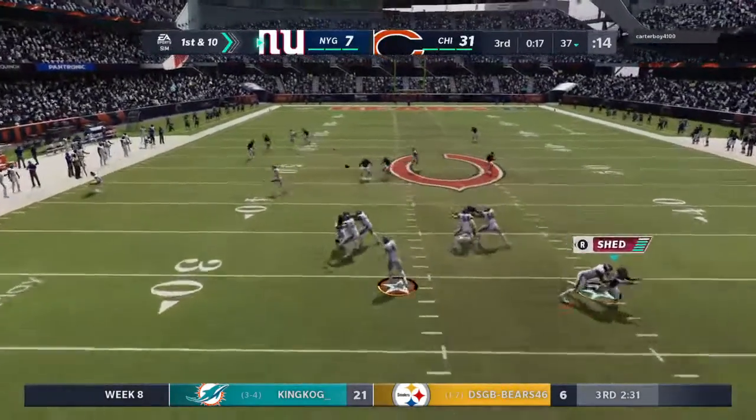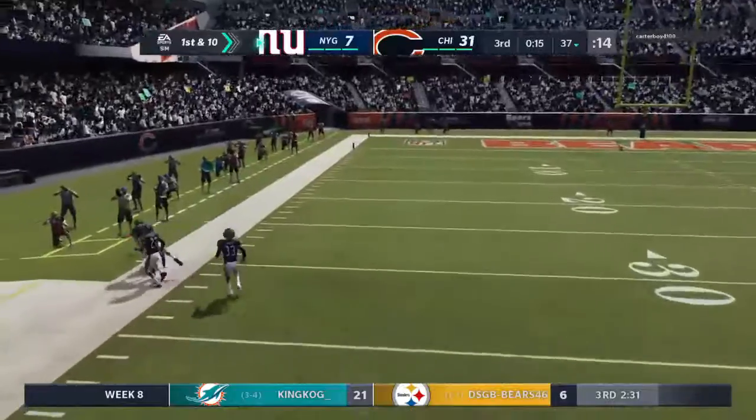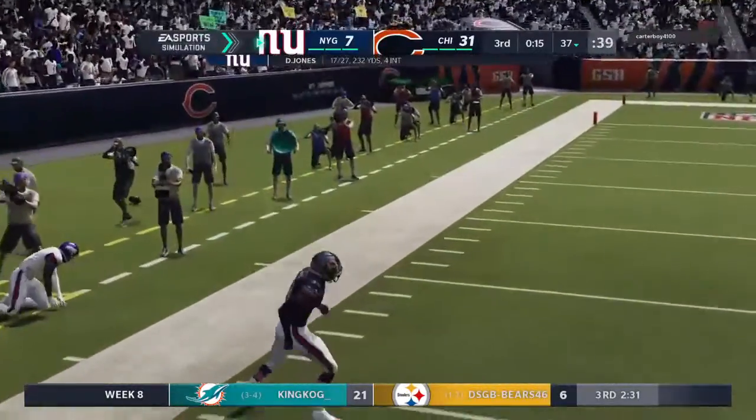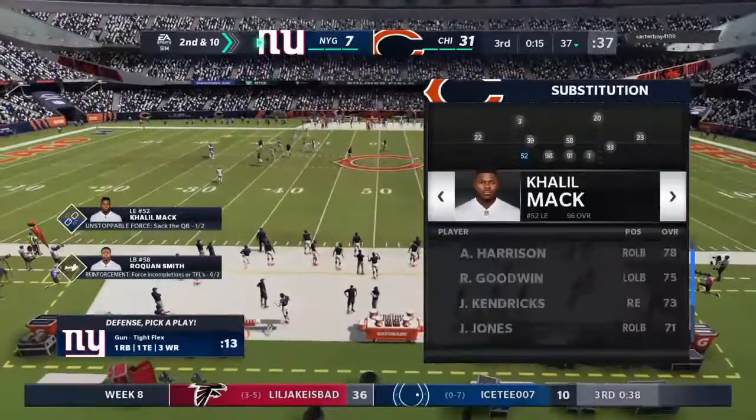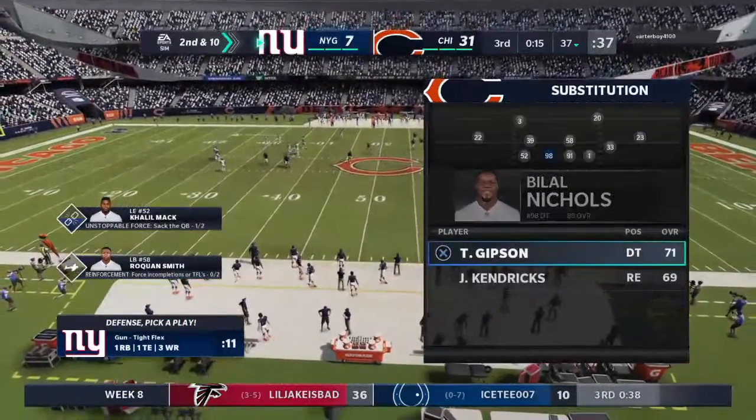Jones throwing on first down. He'll let it go deep for Beckham. And that is incomplete. He couldn't hold on through the contact. Brings up second down. Complete. Brings up 2nd and